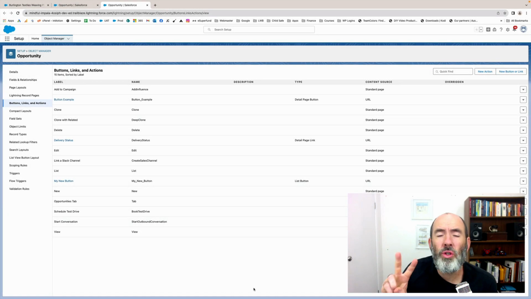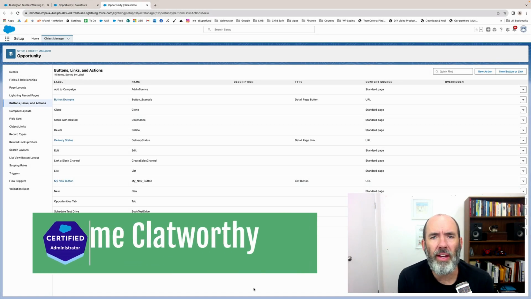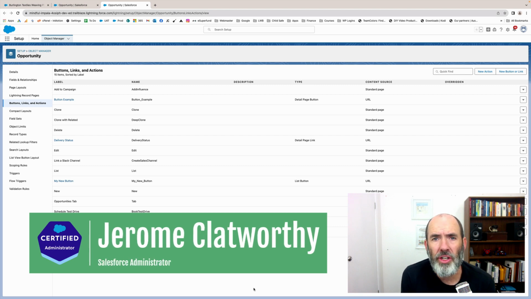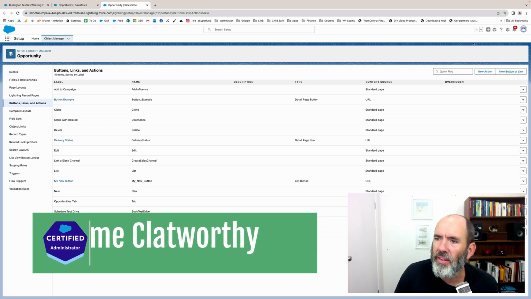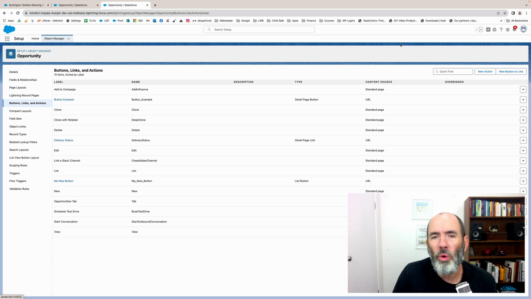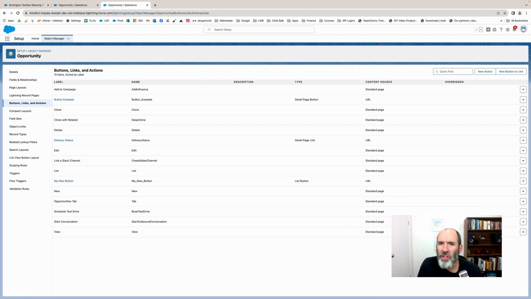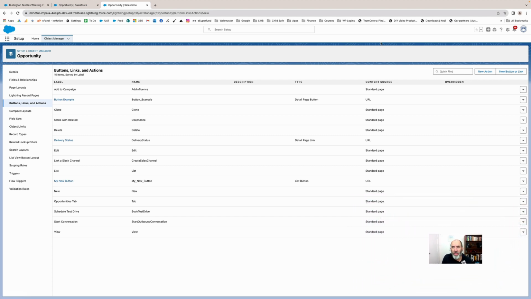In Salesforce, there are two different types of actions you can configure: global actions, which appear up here in the global action menu, or object-specific actions, which will often appear on a record detail page. So when you want to add a new action for an object, you need to